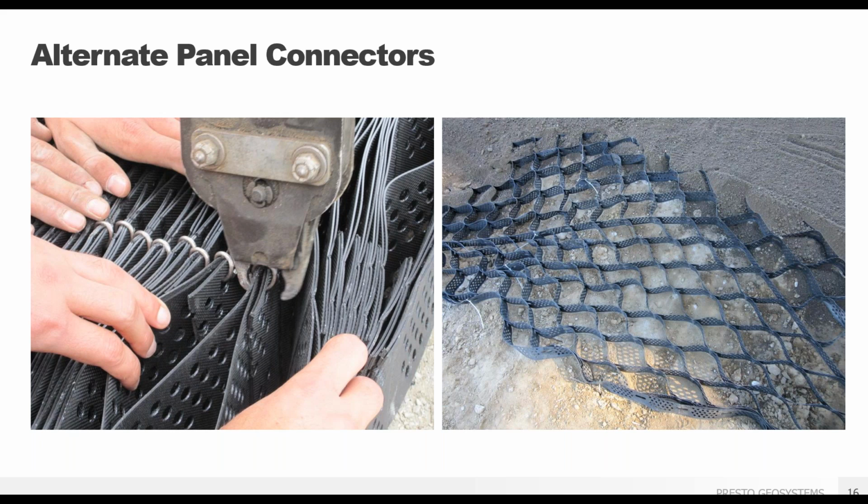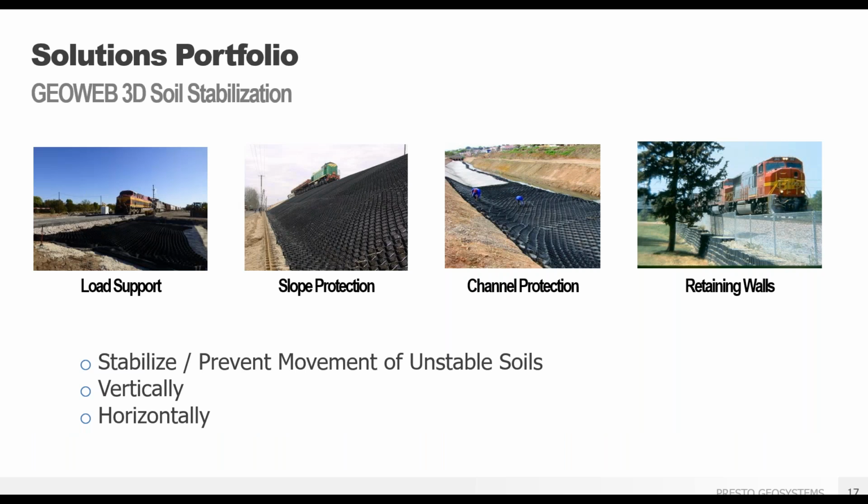You can imagine if you're having pneumatic staplers and hoses and generators out on the site, there's a lot of tripping hazards. You can see in the picture that one of our competitors uses actual hog rings. You can see two people's hands close to the hog ring, so you get a lot of pinch points, things like that. So the AtriKey not only provides a permanent and long-lasting connection, but we wanted it to be a very safe connection. So just make sure you're aware of what that manufacturer is providing for a type of connection.